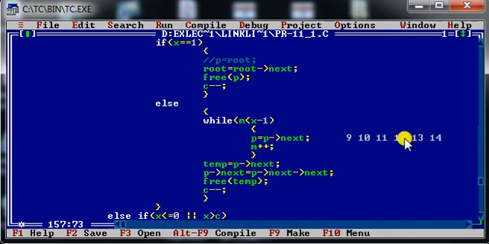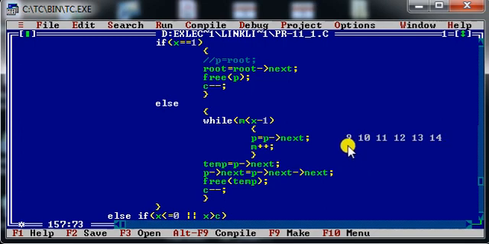For example, let's say this is the content of my linked list, and the user would like to remove the third element, that is 11. Right now my p is here and m is 1. When my p moves here, my m will become 2. I would like to remove this third element, so x minus 1 means 3 minus 1, which is 2.